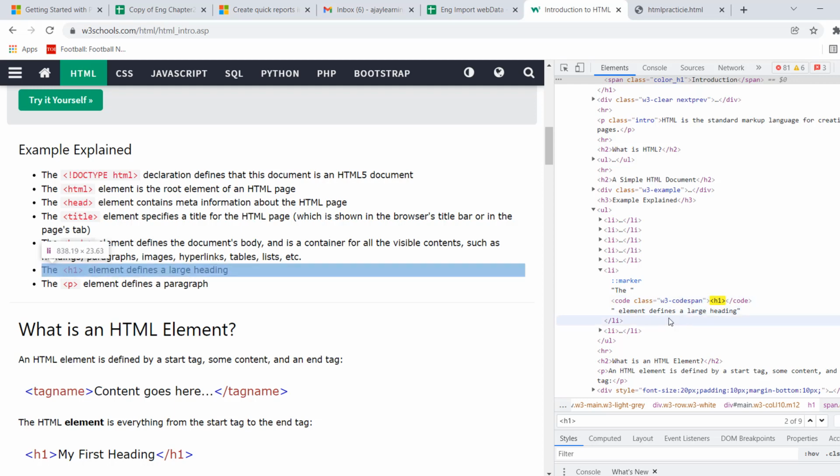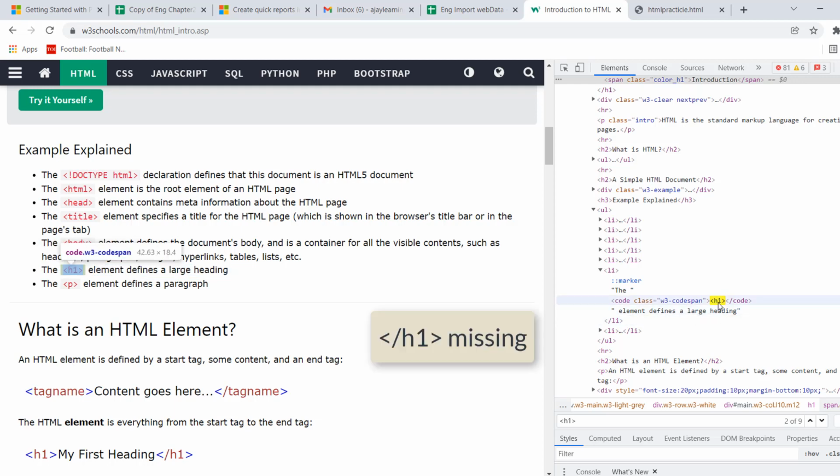And I don't see anywhere that there is any closing of this tag. You're getting the point. Now how is this possible? Because as a rule you have to close that tag also. Always you have to go and use this backslash, but the moment I hover here, I immediately see what is